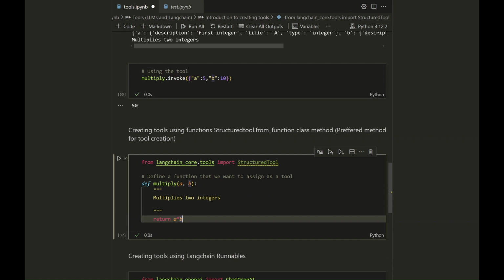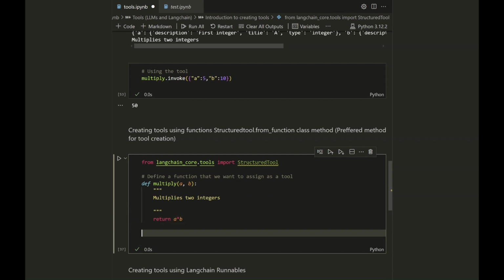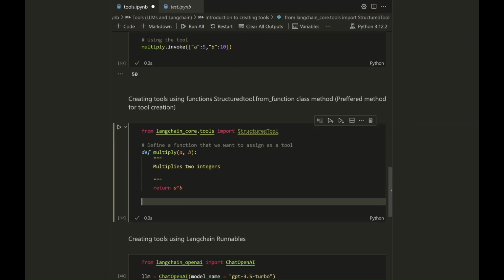And then what we do is, I want to show you another functionality of this particular structured tool class. In a lot of applications, we want to go for async functions. We are going to deploy it as an application to handle multiple requests without any particular function blocking the workflow. We can define another function here. So we call it a multiply, which is the async version of this particular function,